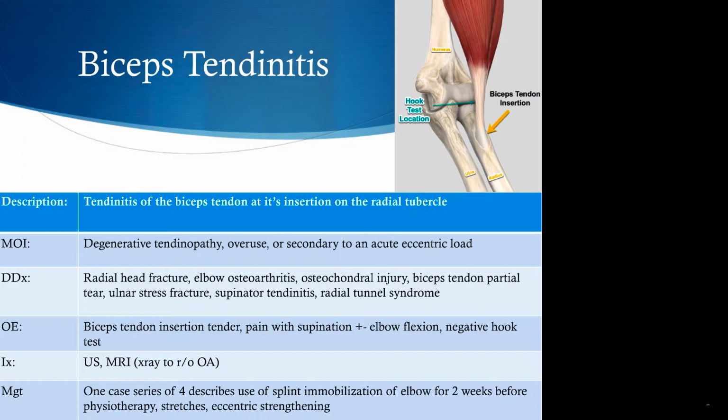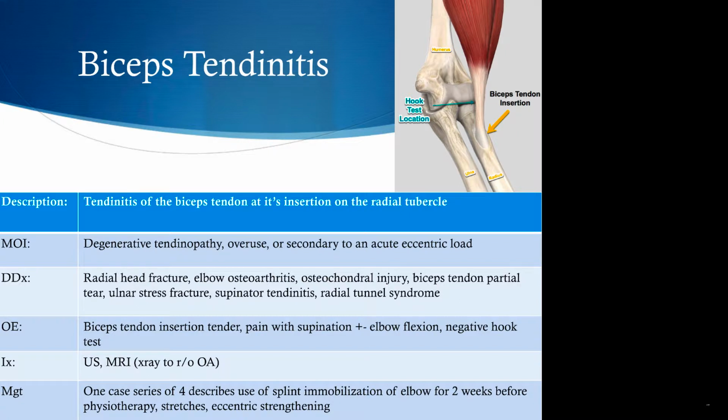Biceps tendinitis. So this is a tendinitis of the biceps at its insertion on the radial tubercle. The biceps is actually more important as a supinator, and this is something that can happen as a result of degenerative tendinopathy. It tends to happen in patients in their 40s and 50s, and can happen secondary to overuse or secondary to an acute eccentric load, similar to a partial tear of the distal biceps tendon. Differential diagnosis includes radial head fracture, elbow osteoarthritis, osteochondral injury, biceps tendon partial tear, ulnar stress fracture, supinator tendinitis, and